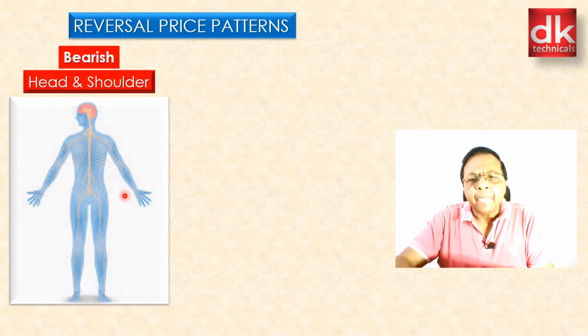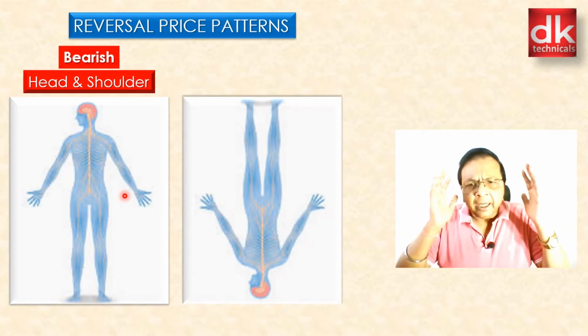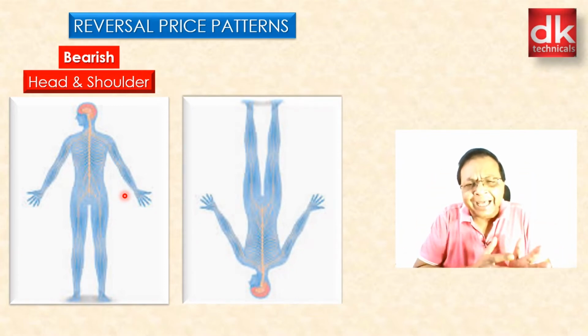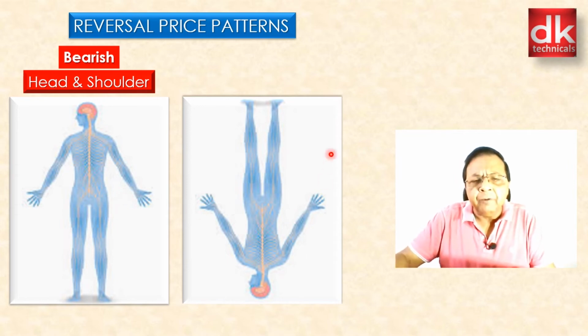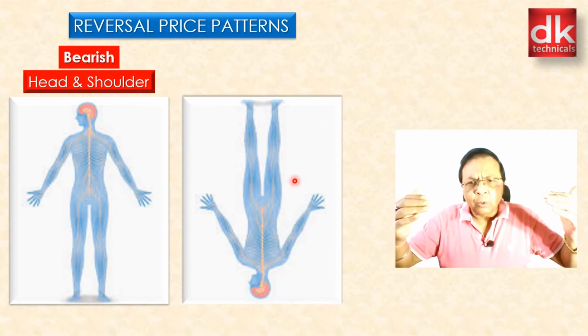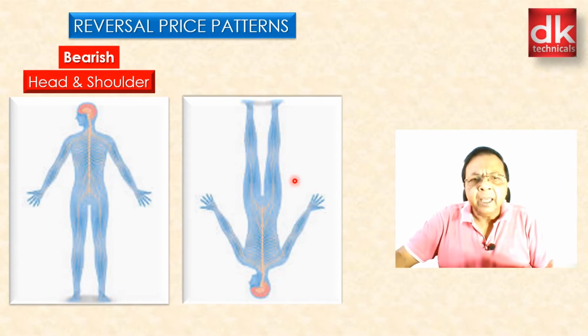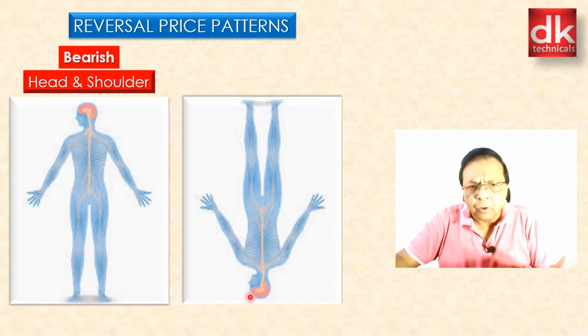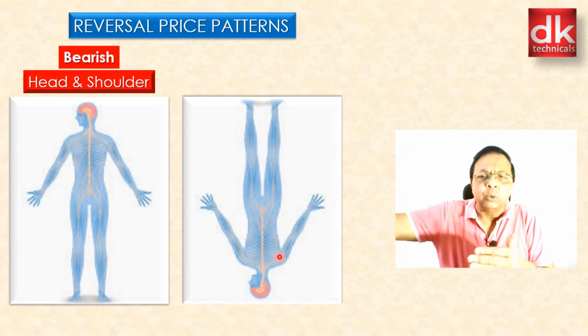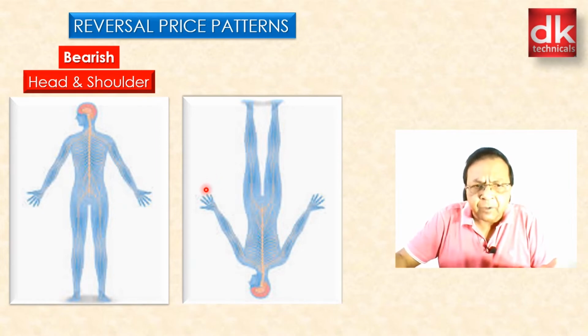And then friends, we come to another structure. It is just the opposite of the bearish head and shoulder, where we can imagine a person who is looking inverted. Here the trend was a downtrending move, with formation of a left shoulder, then the price further moves down and forms the head, then the price recovers and forms the right shoulder, and then this is the neckline out of which the price breaks out, indicating that the market was in a downtrend.